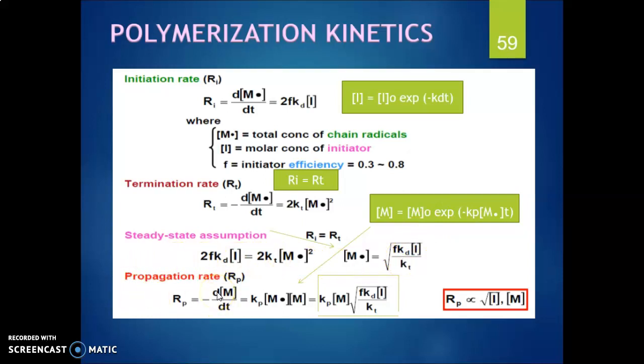For propagation rate, it is represented by Rp. So we use this equation to calculate the propagation rate. Since the rate of propagation Rp is essentially the rate of polymerization, the rate of polymerization is proportional to the molar concentration of initiator, I, with a square root here,